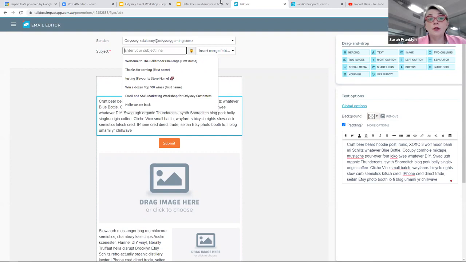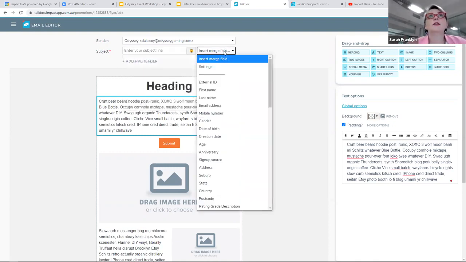So what you would be better to write is something like North's member draw hits top amount, or something along that line, so that it's intriguing, so people open your email to read it, but more importantly, it doesn't look like spam. And it needs to read like a sentence. That's a really important thing. So with your subject lines, you can insert a merge field. So you could do something like first name, which is really valuable.